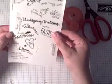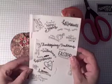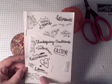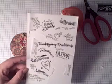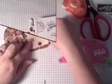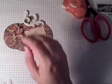Okay, and then I have these rub-ons by Melissa Francis, and I really liked this Thanksgiving, but I didn't really want it to say Thanksgiving traditions. So I thought maybe I'd pull the Happy from the Happy Halloween or from the Happy New Year or something and use that instead. Put that on there, and then using